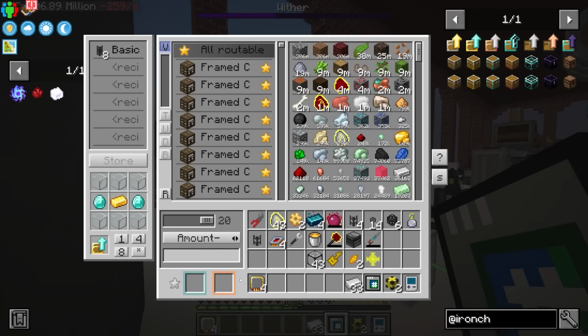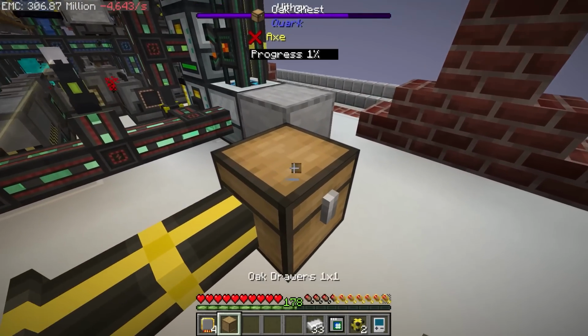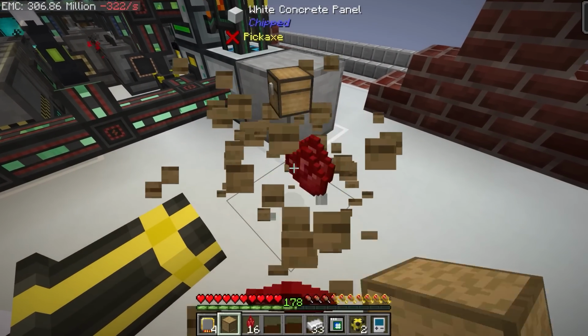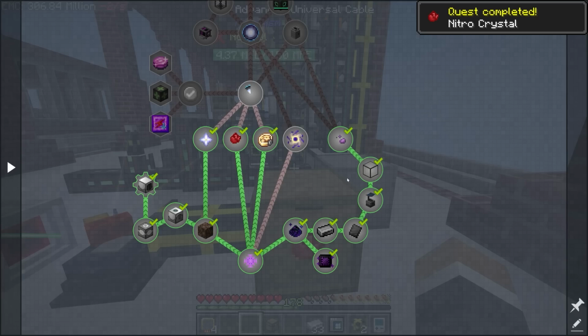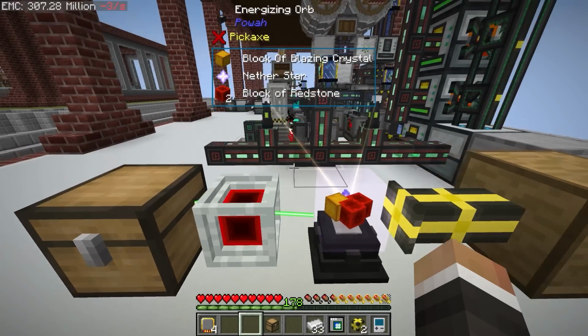What I will do is I'll grab another storage drawer. I don't think it needs to be a colored storage drawer, because this is going to be temporary until we have the nitro crystals required. But if we do this and this, do we get some as a reward? We don't. That's unfortunate. But essentially, this will now work. It's going to take a while, simply due to the fact that each one of these requires 20 million redstone